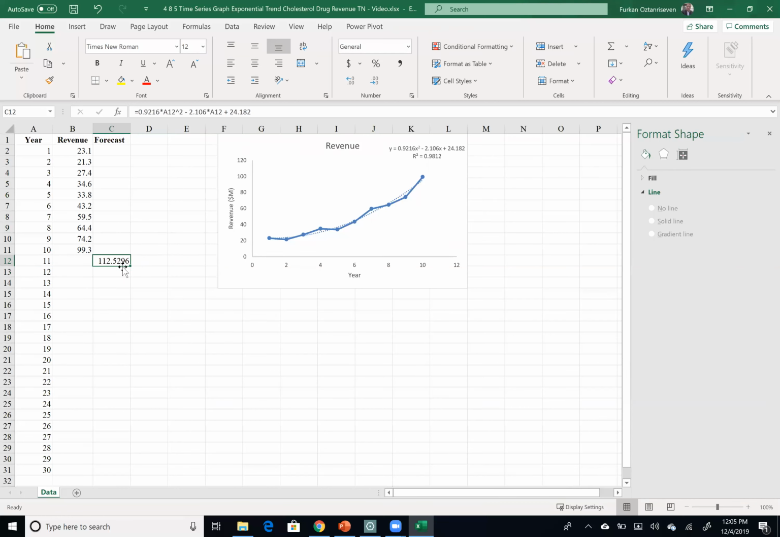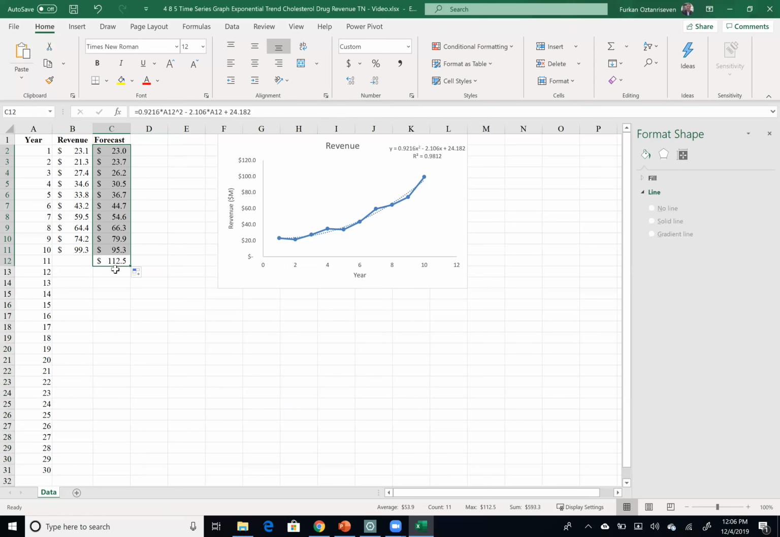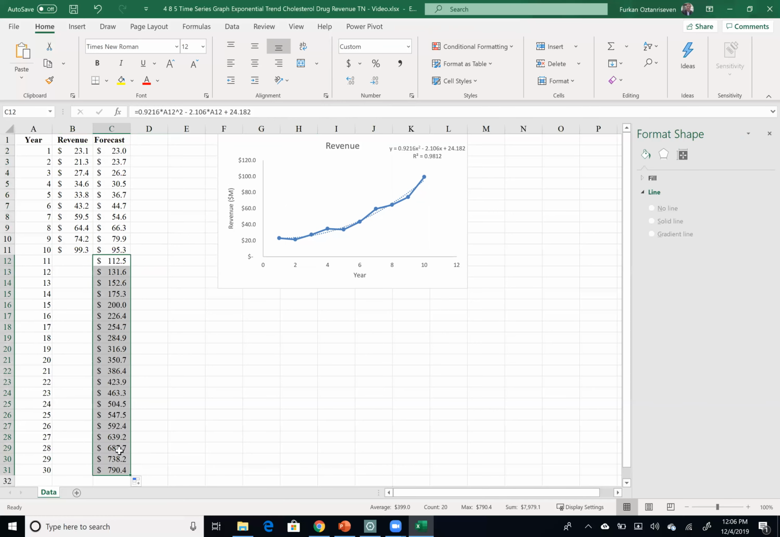So you can see that my forecast is this. Okay, so now what? Let me just make all these dollars, and one decimal is fine. Now if I drag it up, it looks like it's doing pretty well for the past data. However, if I go into the future, you may see that the sales are growing so fast because of exponential growth. You see that 20 years from now, my sales revenue is expected to be almost 8 times